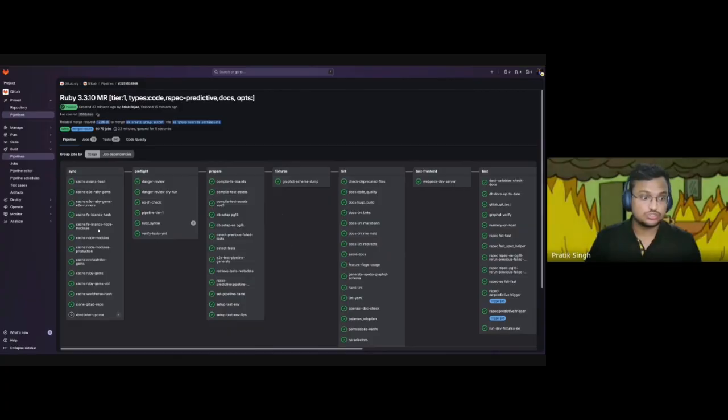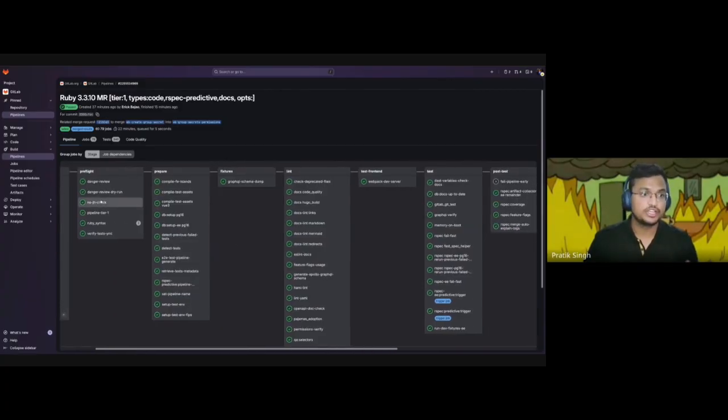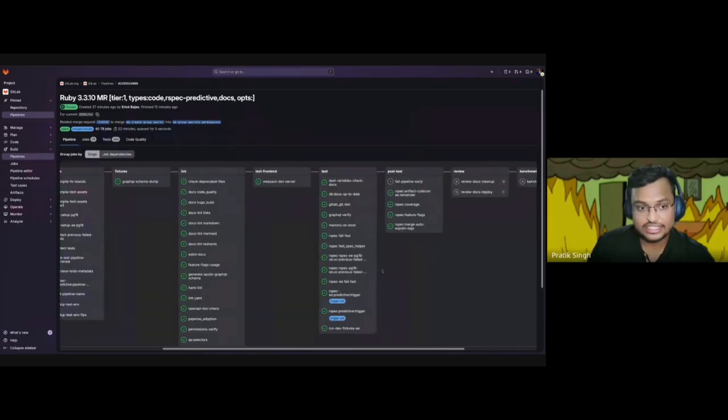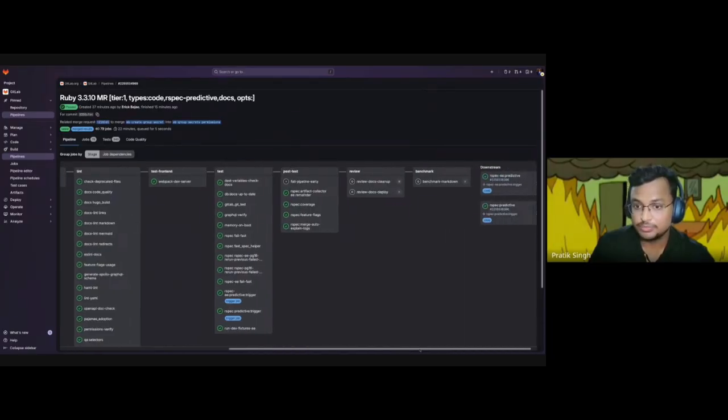How does it look? The cache part, let's leave out right now. But see, from here, what I said: the pre-checks are happening. You can see there are pre-flights, there are preparations happening. Then there is the linting part that I told you about, right? So there are linting checks happening. And then somewhere you will see there will be compilations. There are some pre-tests happening, and then there are post-tests happening.